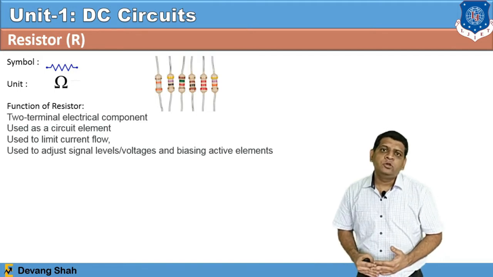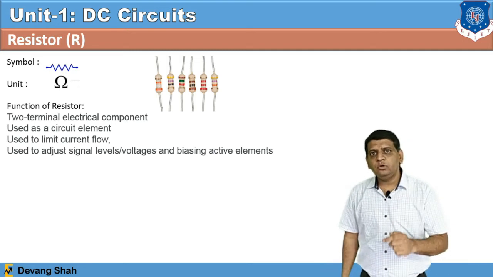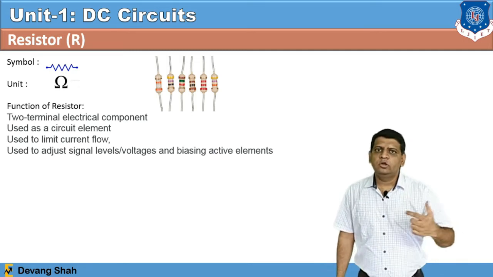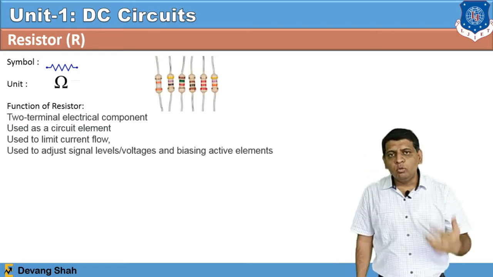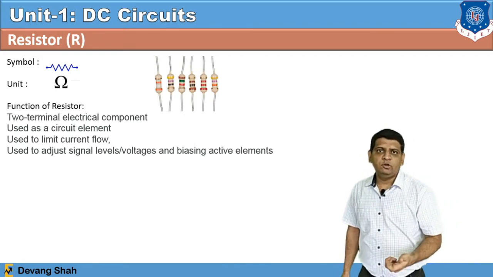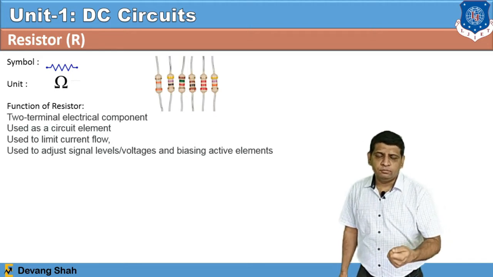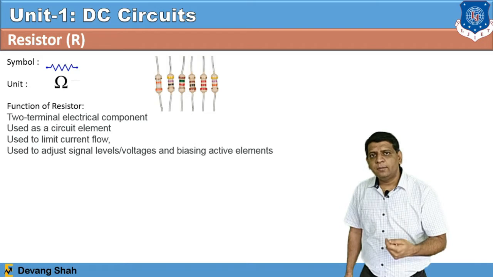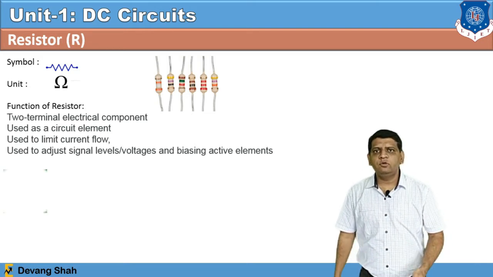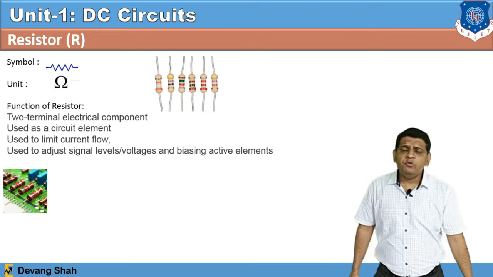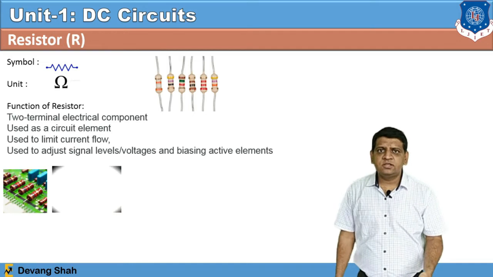So ultimately you have to use the resistance to have a voltage drop, and that particular voltage drop will drive your home appliances. As well, if you want to control the operation of your home appliances, you need to control the value of current, and that is also possible by properly choosing the value of resistance. Here you can see how you can use resistance in a PCB or in a circuit diagram. You can see these images.